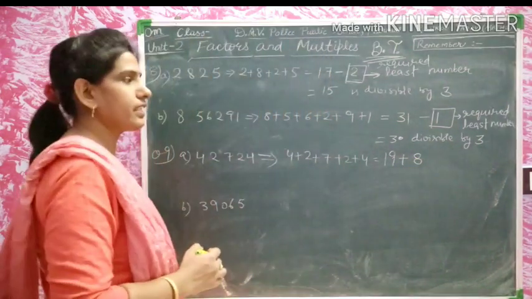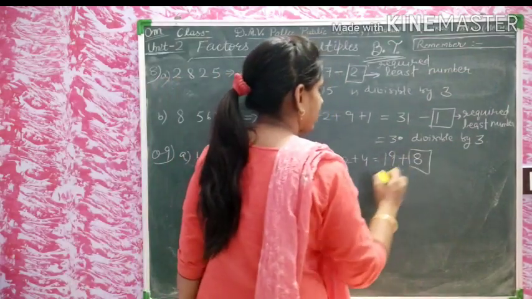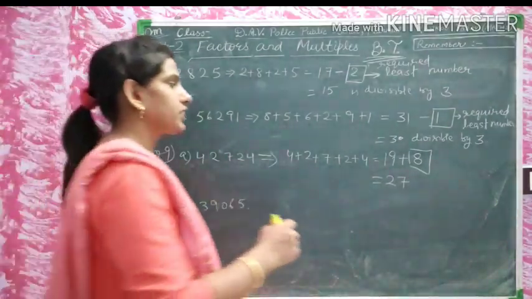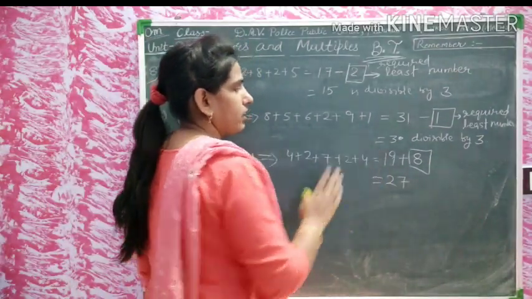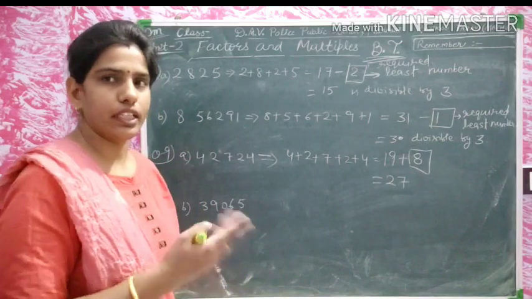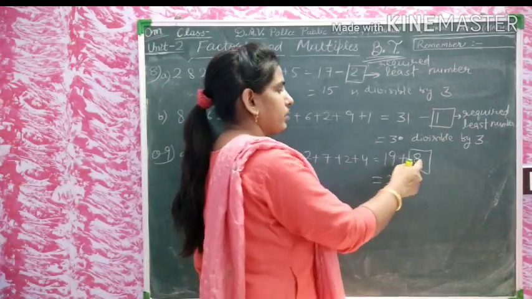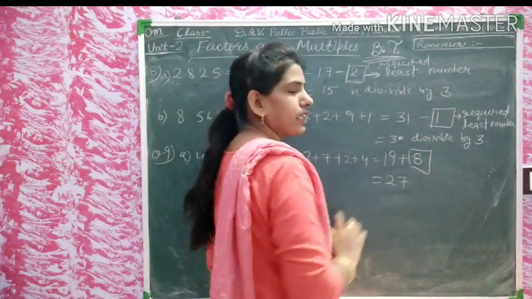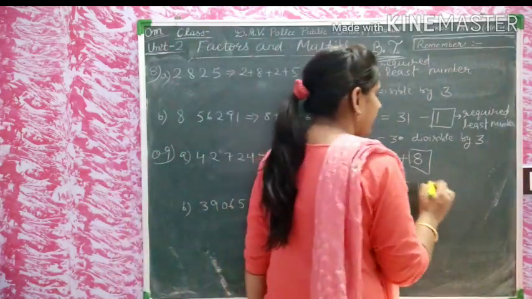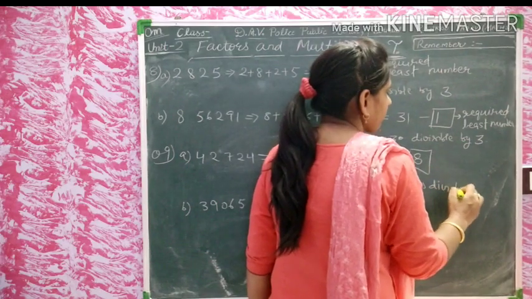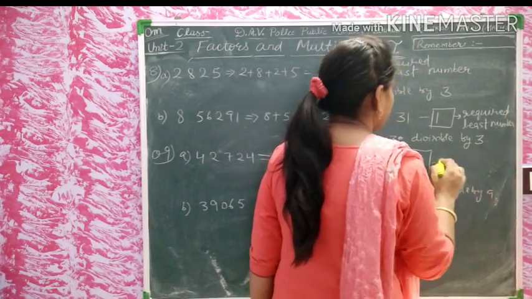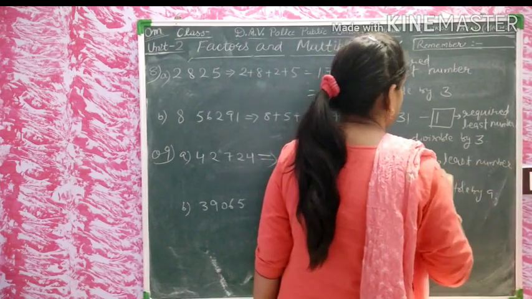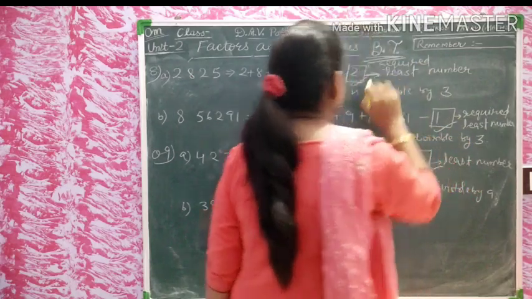That is 8 here. That should be added so that it is divisible by 9. The multiples are 18 and 27. It may be possible that 18 is correct, but there is a 19, so what number should be added there? That is 8. After adding 8, we will get 937, which is divisible by 9. So this is the least number. This is the answer here.